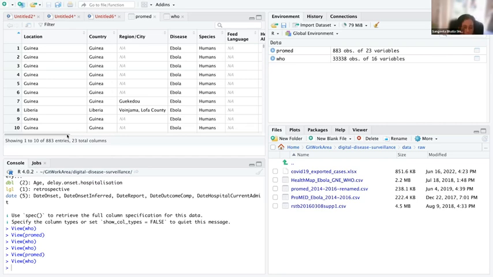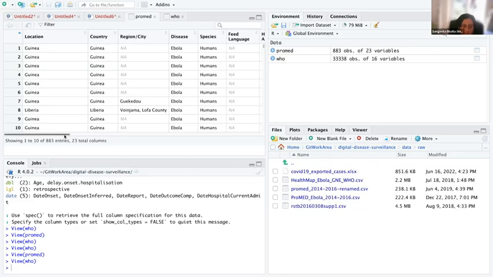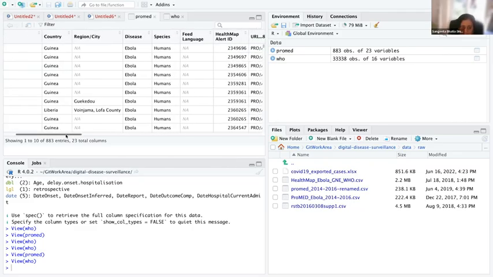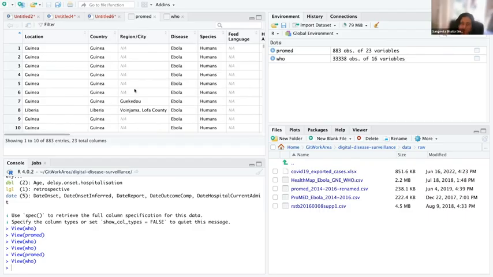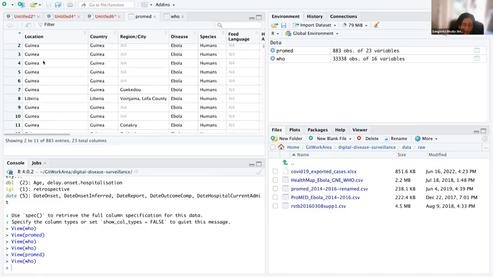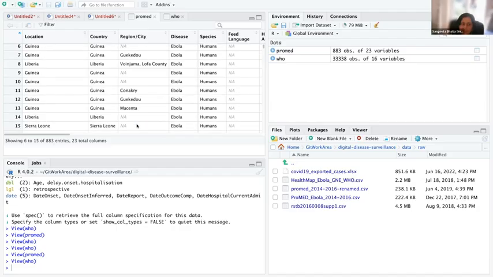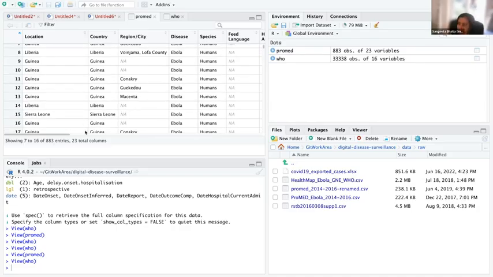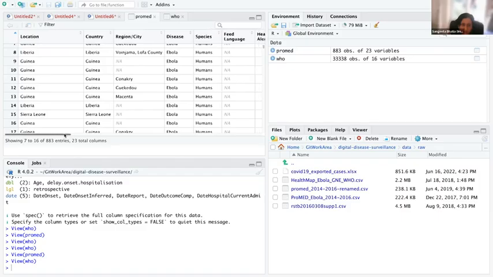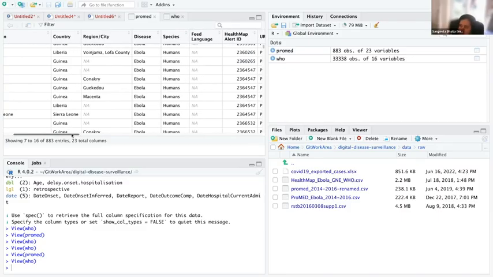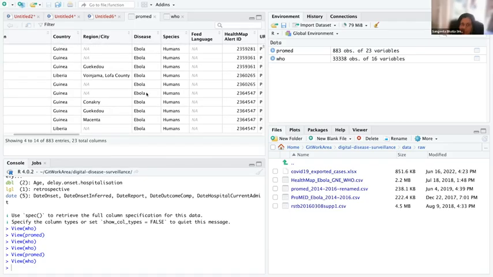Okay, so this is what ProMED data looks like. We have stuff like location, country, region. So clearly you can see that there was an idea here to collect this data at a subnational level, but from the overlap in the data in this column and in this column, and the very many NAs in this column, you can see that we had a lot of missing subnational data. So we could only analyze this data at a country level, not at a subnational level. All right. And then, as I said, ProMED reports on many diseases. So this data was curated for us. So it only relates to